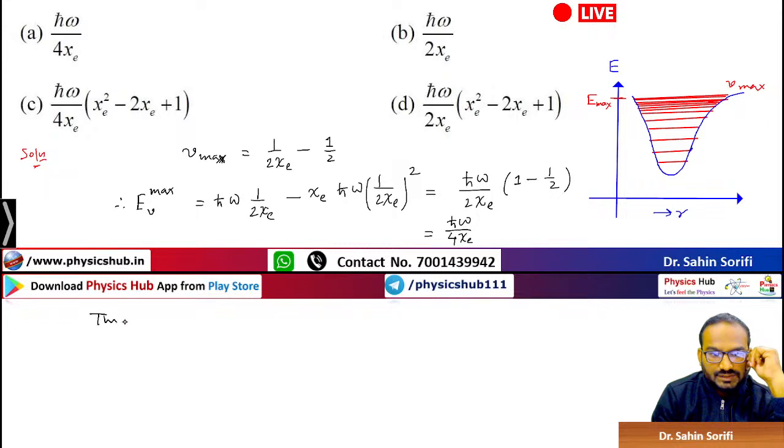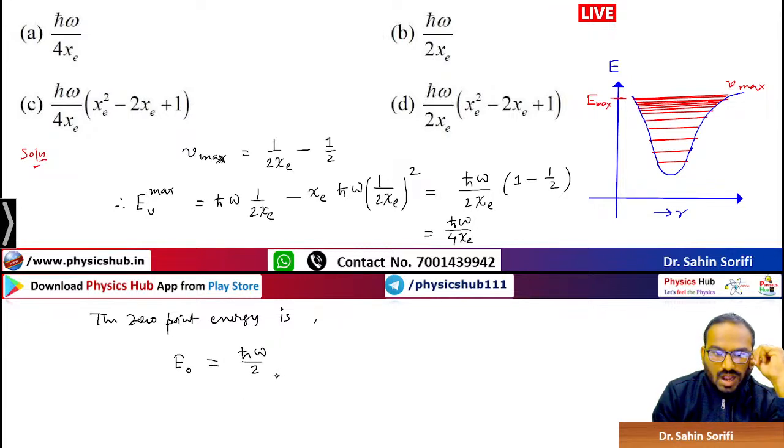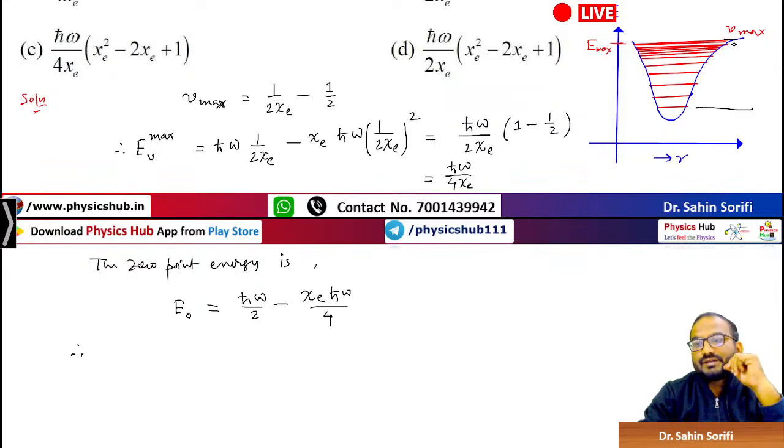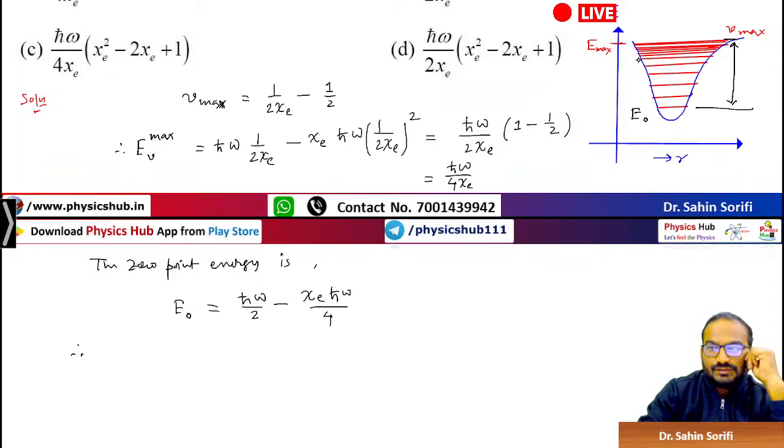If I calculate the zero point energy corresponding to v equals 0, for the harmonic one it is ħω/2, and for this one, χe ħω/4. Therefore, look, dissociation means you have to give this much of energy, right? E0, E_v max. The dissociation energy